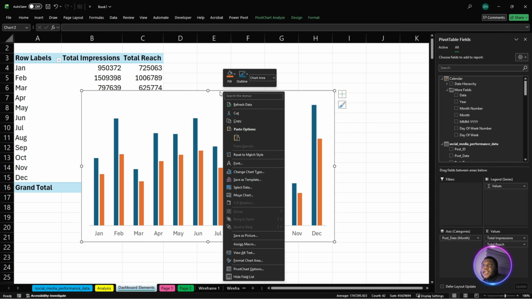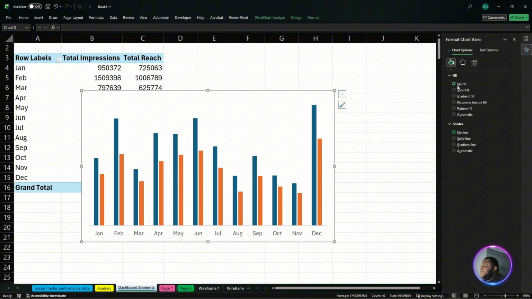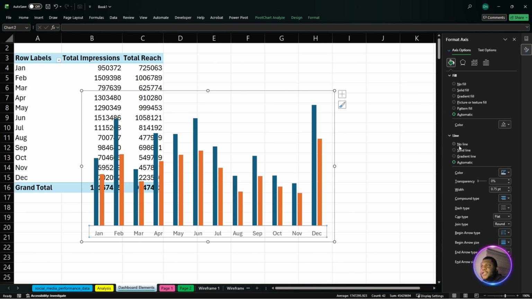I'll right click the outside line here and I want to format. I'm going to format chart area. We don't want any line, we don't want any fill. So we'll have this right here. I will click on this. We don't want any line. Okay, we don't want any line. Then the next thing I'm going to do is I'll